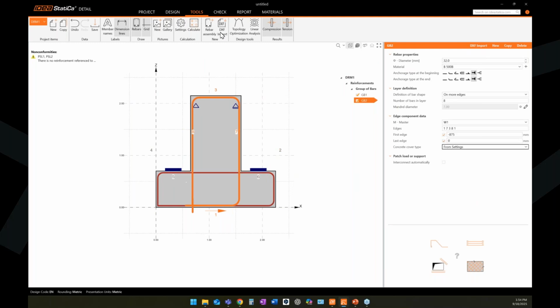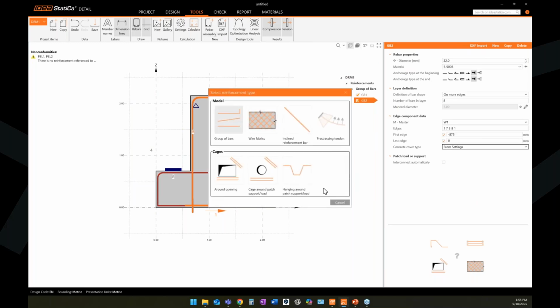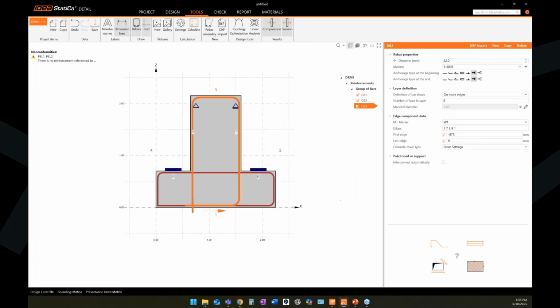And now, because based on the linear analysis topology optimization, I expect tension in this area. It would be wrong if I don't add any reinforcement here, because I might face unsatisfying results. So I want to add a set of bars to the top edge of the bottom flange. So I will again select rebar assembly, group of bars,